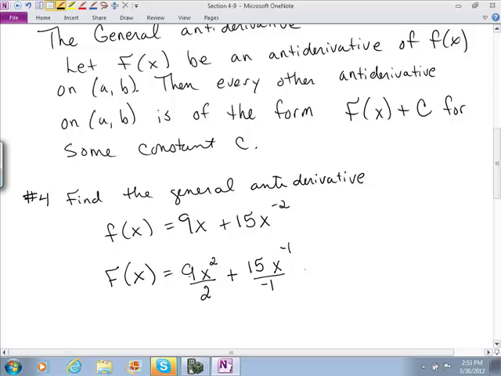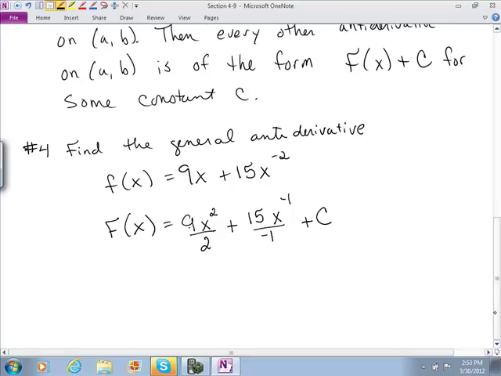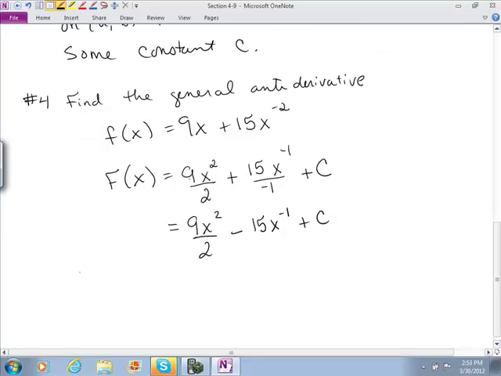And then we remember that we could add any constant to that, and it wouldn't affect the derivative because the derivative of the constant is 0. So our big function, our original function, our antiderivative, is 9x squared over 2 minus 15x to the negative 1 plus C. I got that minus just from distributing there. And then we can check